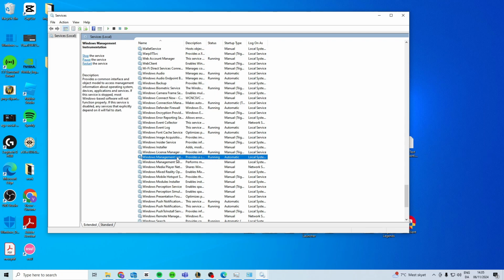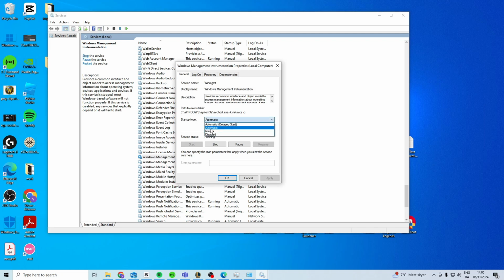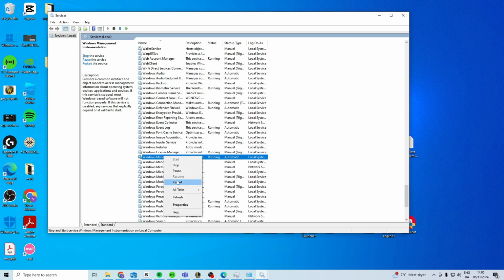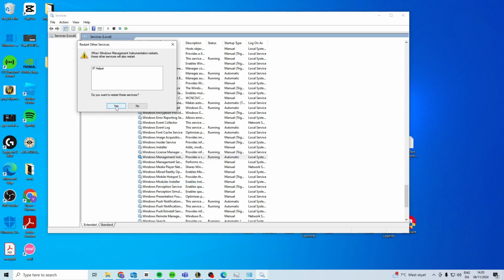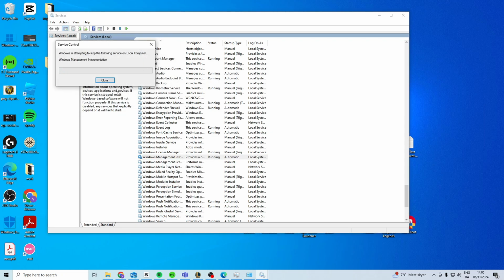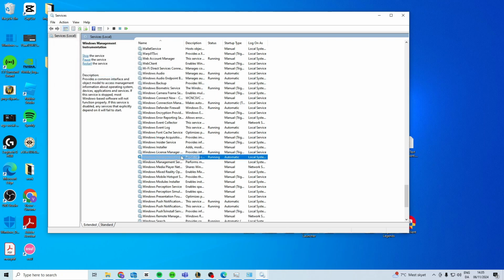What you want to do is you want to double click on this one, set it to automatic, apply OK, and then right click, restart. Just press yes here, should be fine, and wait for this to restart. Now this is gonna take a few seconds, and after you've restarted it, what you want to do is you